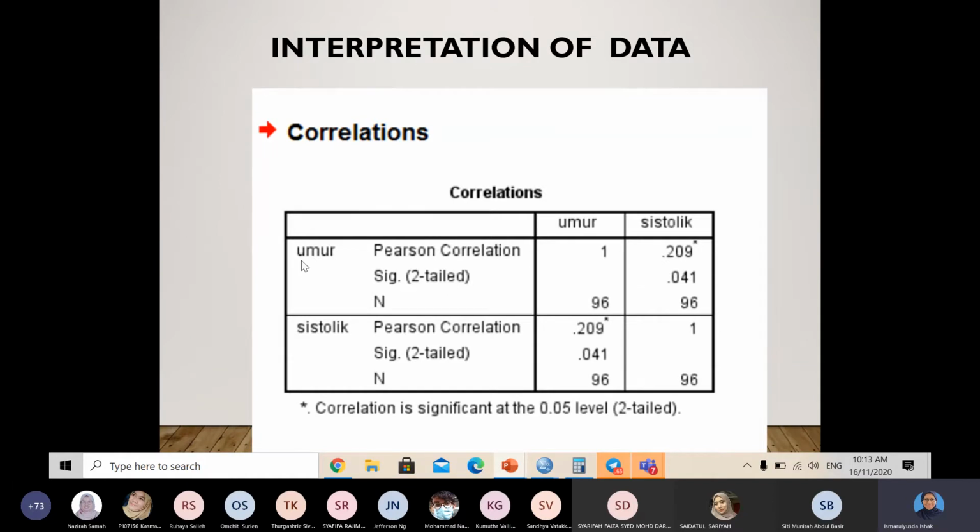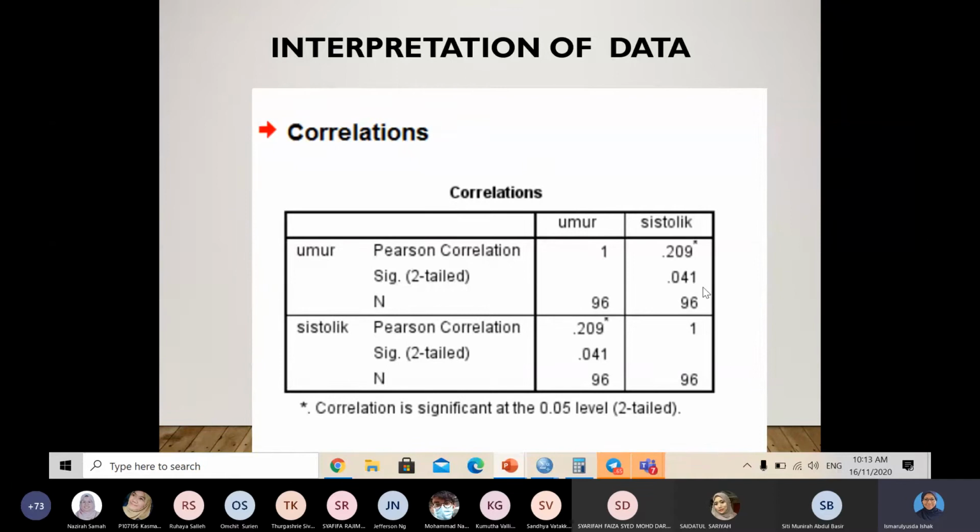So age, umur, mean age. Okay, the age and systolic blood pressure. Okay, the R value is 0.209, the p-value is 0.041, and n equal to 96. So this is a positive and weak correlation, but this is significant. Okay,